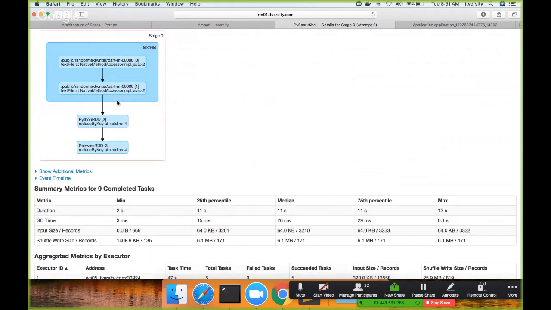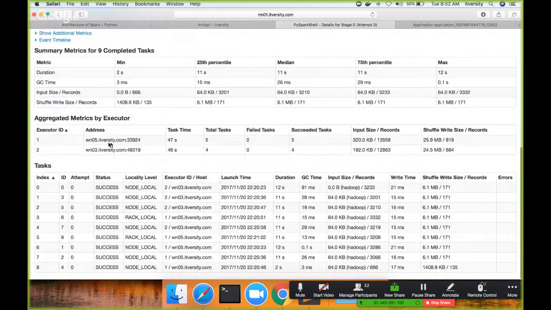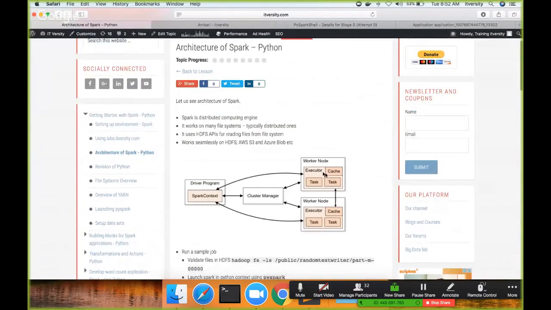We will get into those details a bit later. For now, you can primarily focus on how many tasks are created under each of these executors. So on W105, in the executor which is created on W105, 5 tasks ran to process the data, and here it ran 4 tasks. Why 5 and 4? Those things we will see later. But for now, just to understand this diagram,